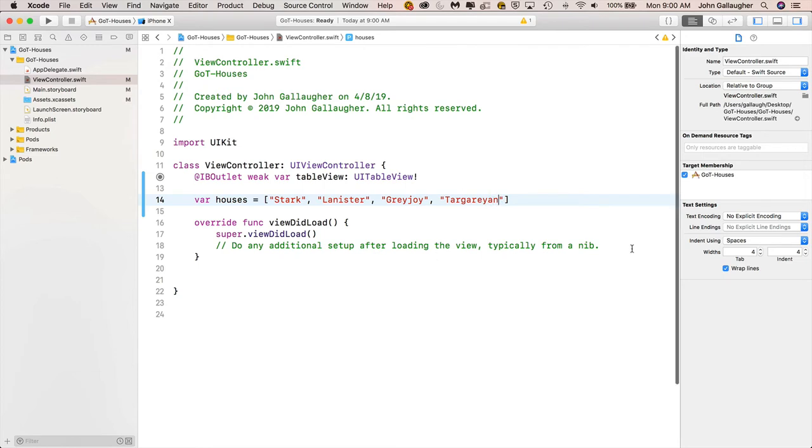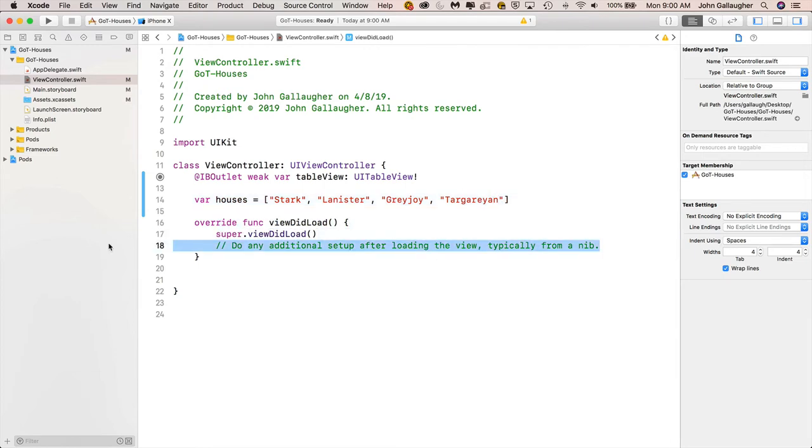I don't know if I spelled that right, so sorry, Game of Thrones fans, if my house name spelling is